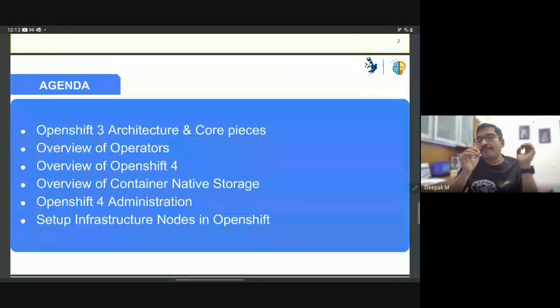OpenShift 3.11 was the last 3.x release. I'm sure some of you might have worked on OpenShift 3.9 or 11, or might have upgraded all the way to 3.11. So we will talk about OpenShift 3 architecture and core pieces. And I will also take you to OpenShift 4 because you must know what OpenShift 4 is. And we will do